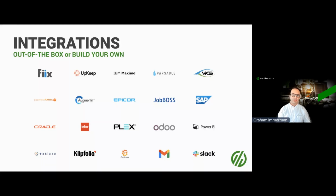So our data is completely portable through APIs and to integrate your data into BI, custom workflows and reports, and